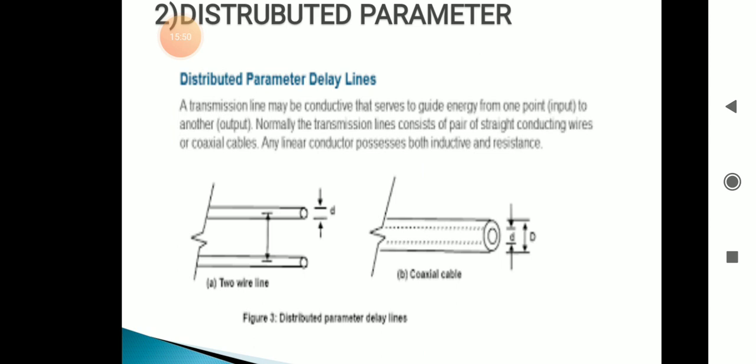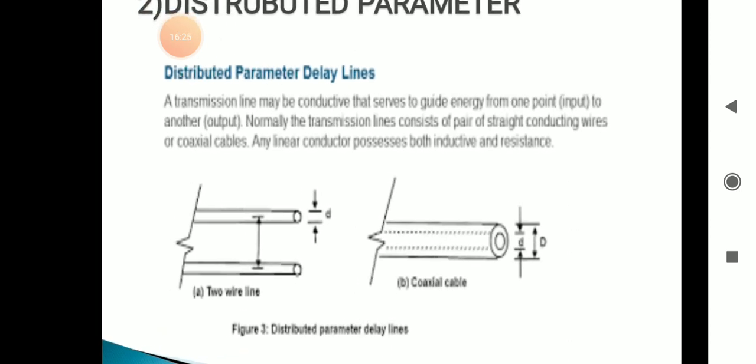The distributed parameter delay line is basically a transmission line constructed with the help of a helical coil and an insulated network. It is specially manufactured from coaxial cable and has a high value of inductance per unit length. The inductance of the delay line can be increased by winding the helical inner conductor on a ferromagnetic core, which increases the delay time Td and the characteristic impedance Z0. This is a sample diagram using a two wire line and coaxial cable.